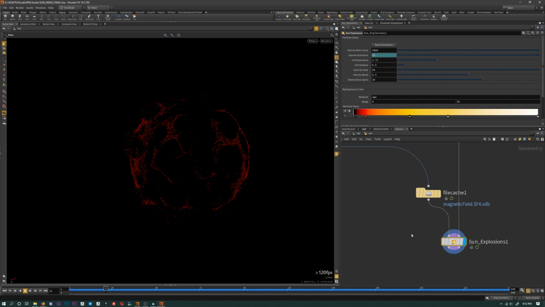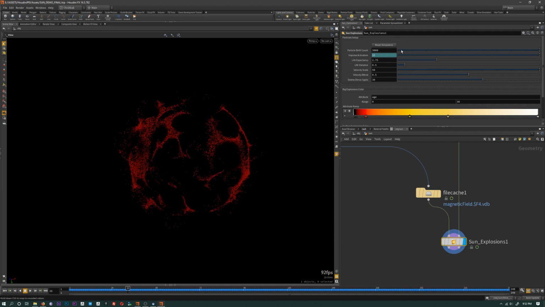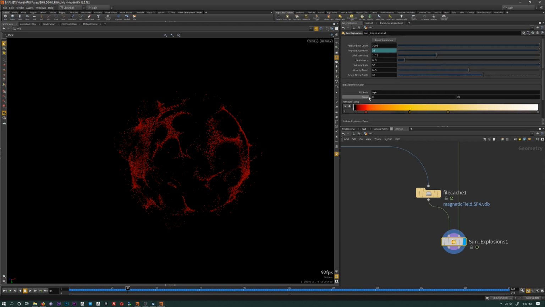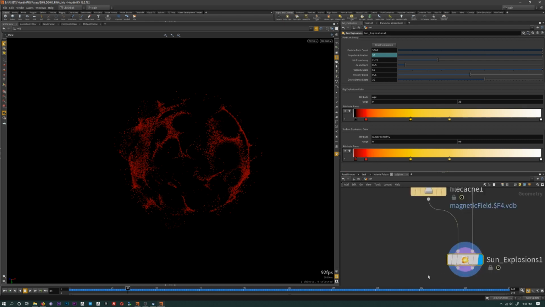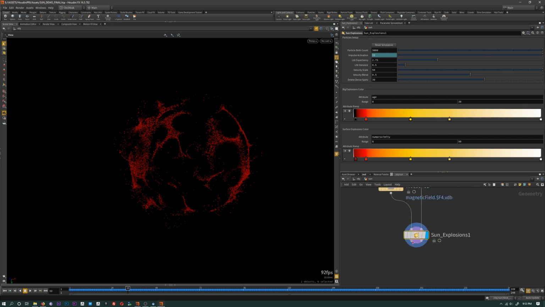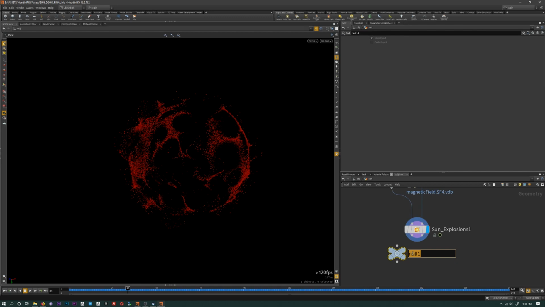I choose to make an asset that generates particles in the shape of explosions. Now, all the parameters over here are dedicated to the particle setup, and the parameters over here are dedicated to the colors of the particles. You have two outputs over here. One output is actually the one we see in the viewport over here. So the first output is the outer